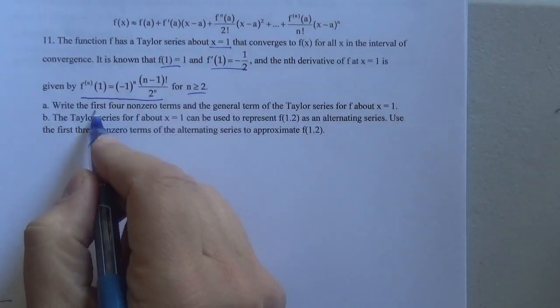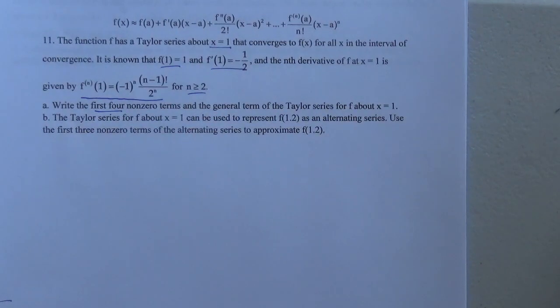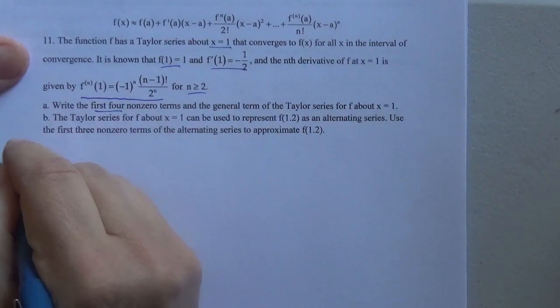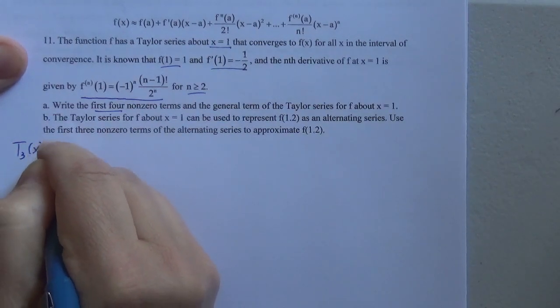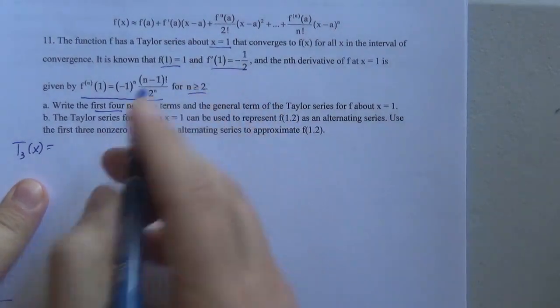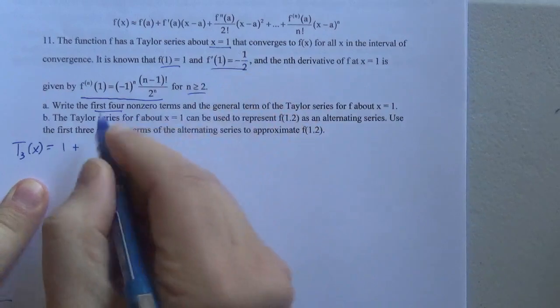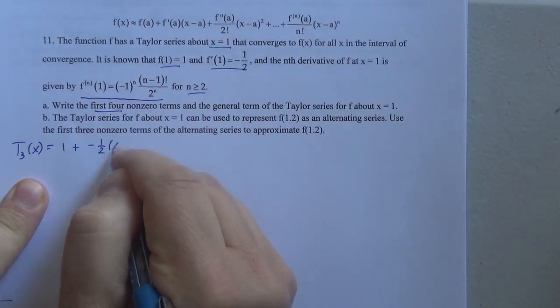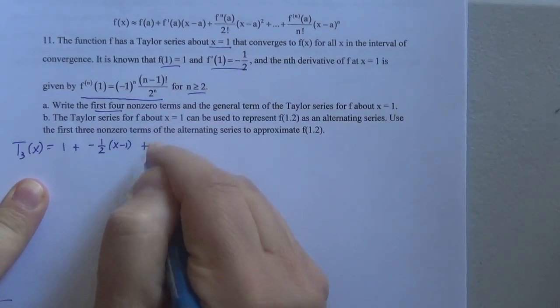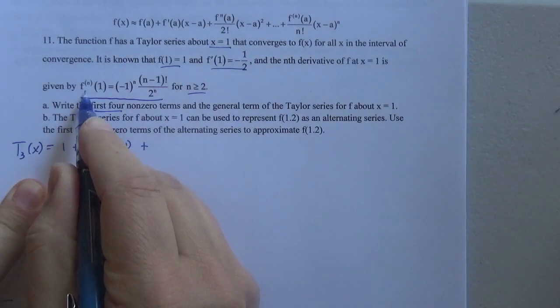We want to find the first 4 non-zero terms, so therefore that'll be a third degree Taylor series about x equals 1. So T of x is going to be, my constant term is 1. My derivative is -1/2, so that's -1/2 (x minus 1) plus, well, now I need to know the second derivative